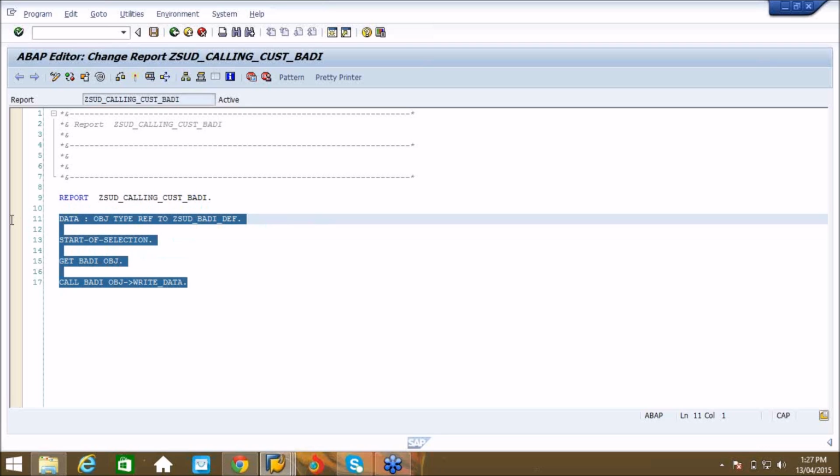In that way, we can link a standard SAP transaction with our own custom body definition and implementation. Okay, so this is how we can create our own body definitions and call the code which we have written under our own body implementation.